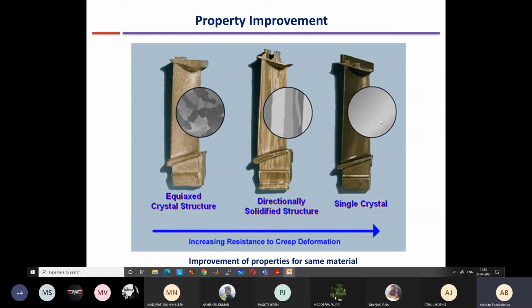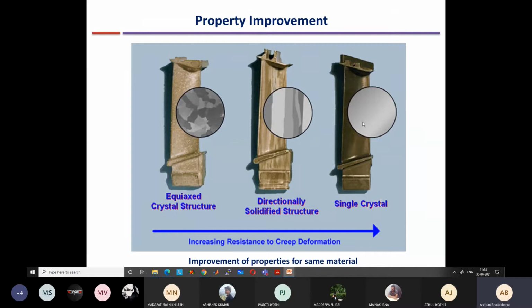But what happens is that there is a throttle, which is not shown here, or a very small neck region through which only one or two grains can pass. Although initially a large number of grains are found at the bottom, only one or two grains can pass, and this single grain then solidifies and occupies the entire region. So it is also a directional solidification process, but because of the very narrow region given here, and the nucleation occurring outside, only one grain will pass through the narrow, twisted region, and it will occupy the entire volume. So you can see that there are no grain boundaries because it's a single grain, a single crystal.